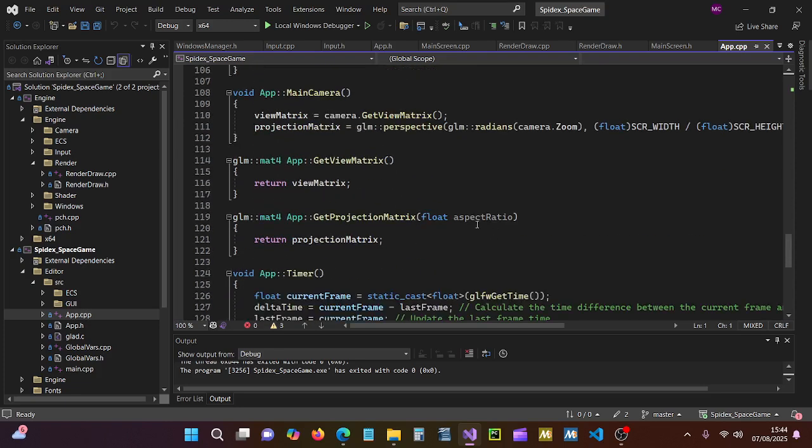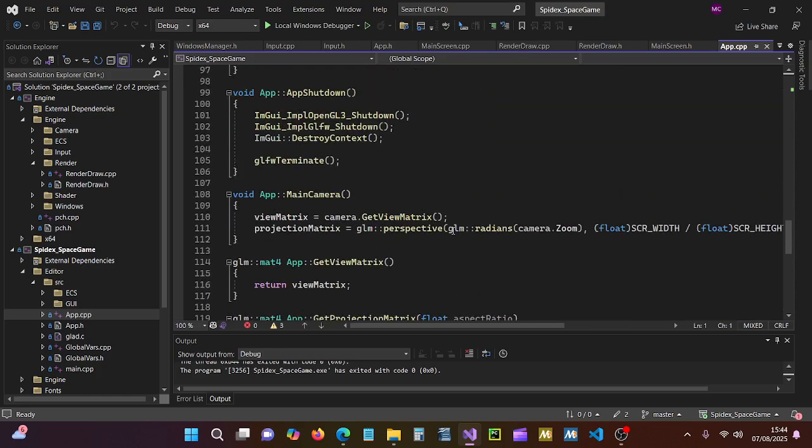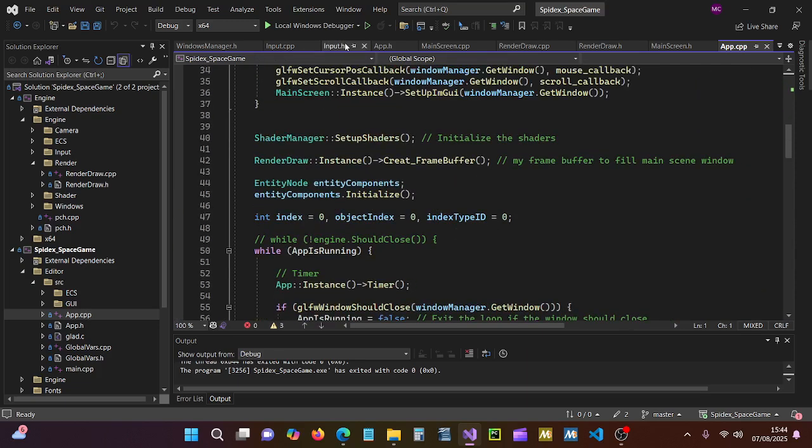I've added the camera and a few other little bits, well, a lot of other bits actually, because I've had to have the keyboard, but all these bits have come from my original engine that I made. So they're all modules basically, so I can literally just transfer the code. Some of it's slightly different, but I can transfer the code across to this application, and it's all working. It's going to start getting a bit difficult now